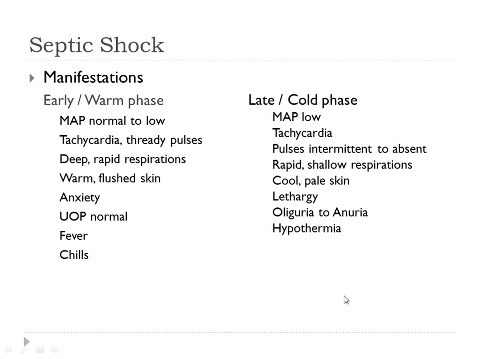But eventually, as the body decompensates, in the later phase the patient will become hypothermic. You always have thought about infection and hyperthermia, right? Sometimes our patients are infected and they are hypothermic. So these are worse signs. The patient is warm here, but they get cold here. The skin is cold because it's hypoperfused. Low blood pressure. Weak or absent pulses. All right? Urinary output falls. Got it?